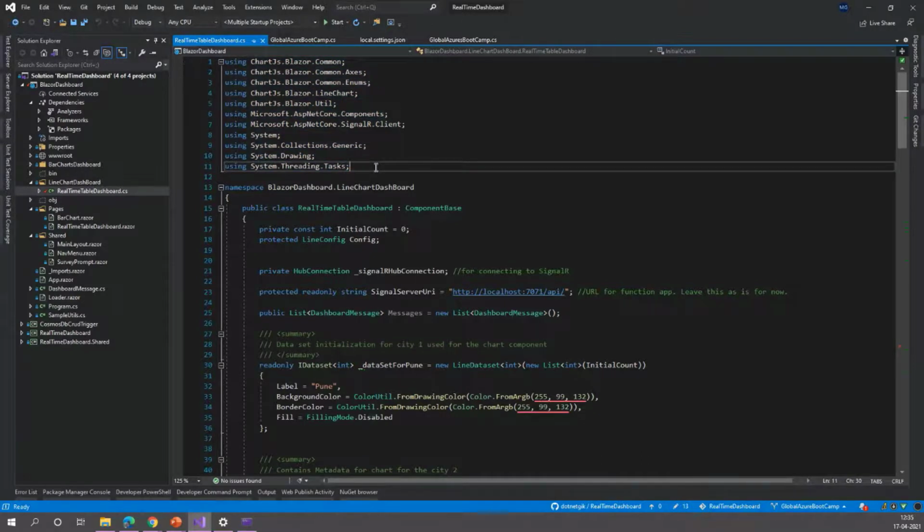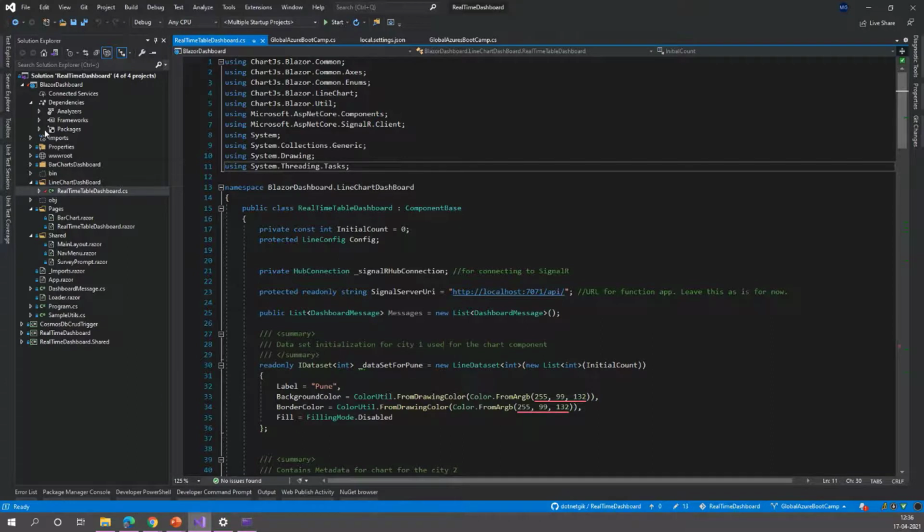So there are certain steps that we need to do in order to run this application, or in order to see the output, in order to integrate the chart that we are going to show, the actual representation of the actual data whenever it is added into the Cosmos DB. So how can we do that? There are certain steps.